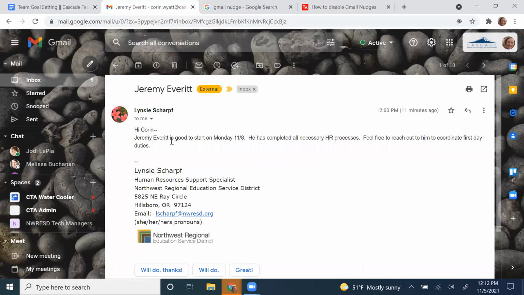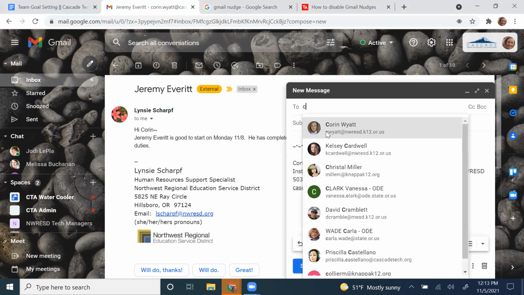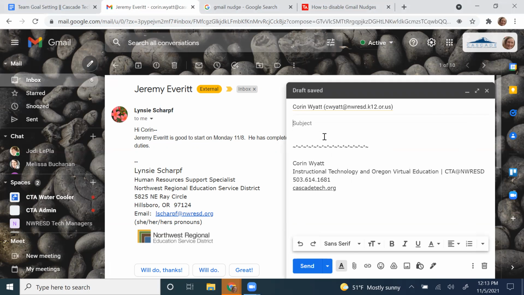And then there are some cool send features in Gmail that I like a lot because they save me time and really take a lot of frustration out of my life. So one of the things that's important about sending messages, I just have to put someone in this spot, and it likes it when I put stuff in the body and the subject line.